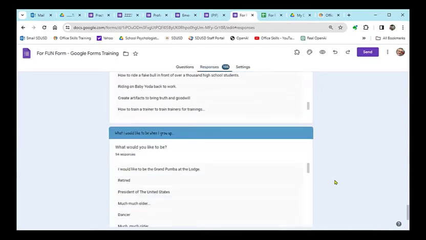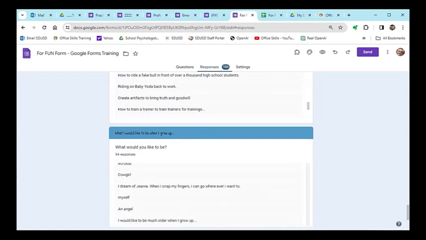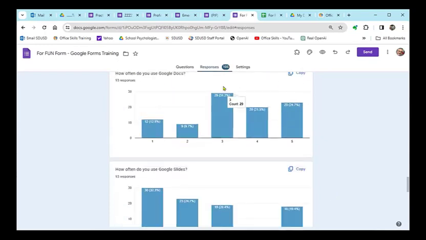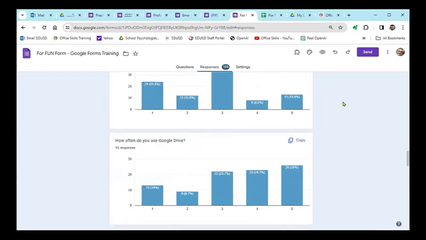And then what would you like to be when you grow up? These are pretty cute. Be the grand poobah, retired, president of the United States, much, much older, all kinds of good ones. And if we spend some time, we could probably find the one that Diana did in there. But we'll just leave it at that. So that's responses, but specifically